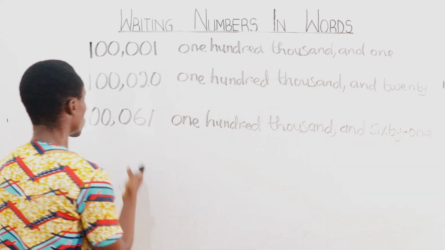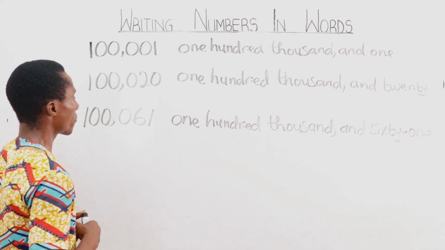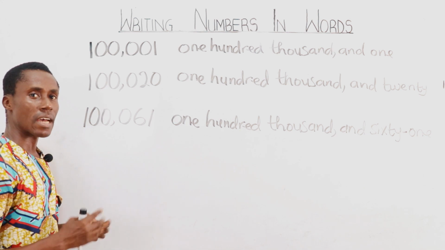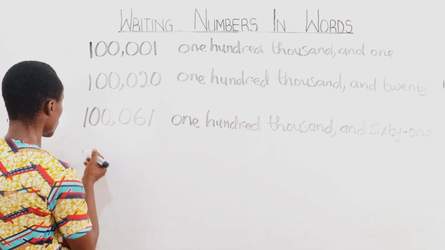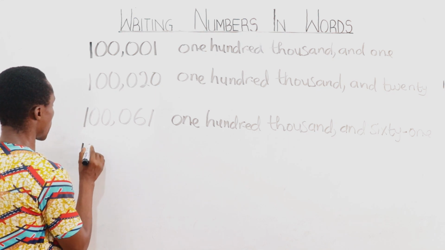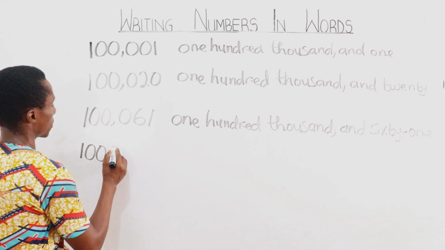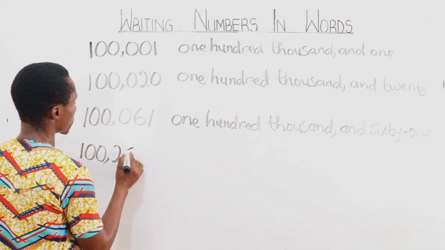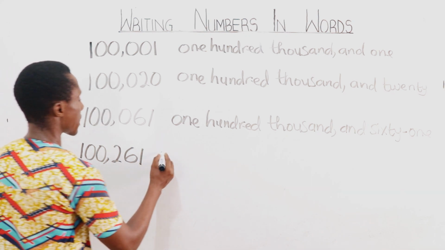Okay, so the same way we can add more compound numbers. Now let's look at an example with 100. So we have 100,000 261, and that will be